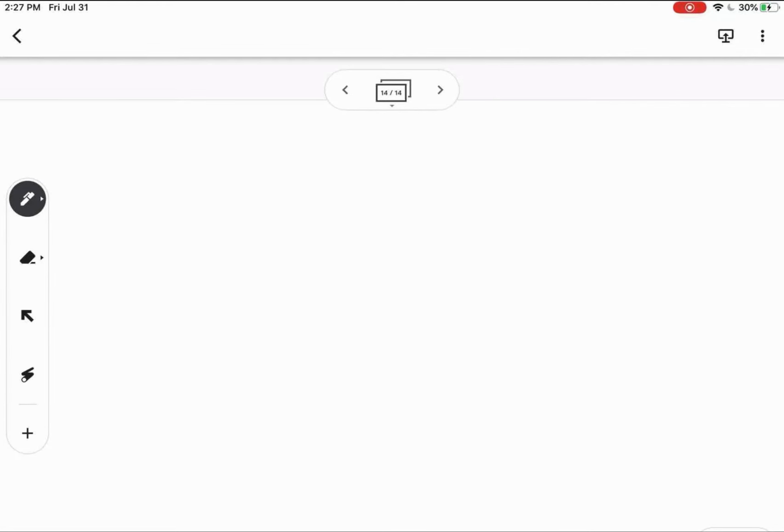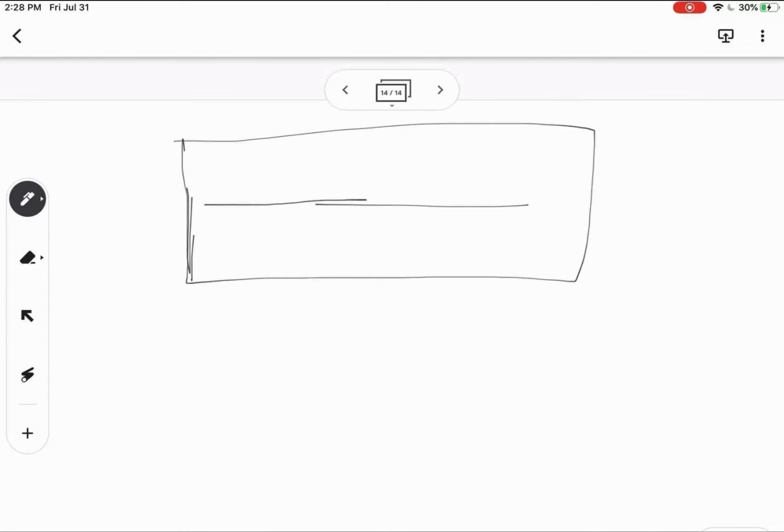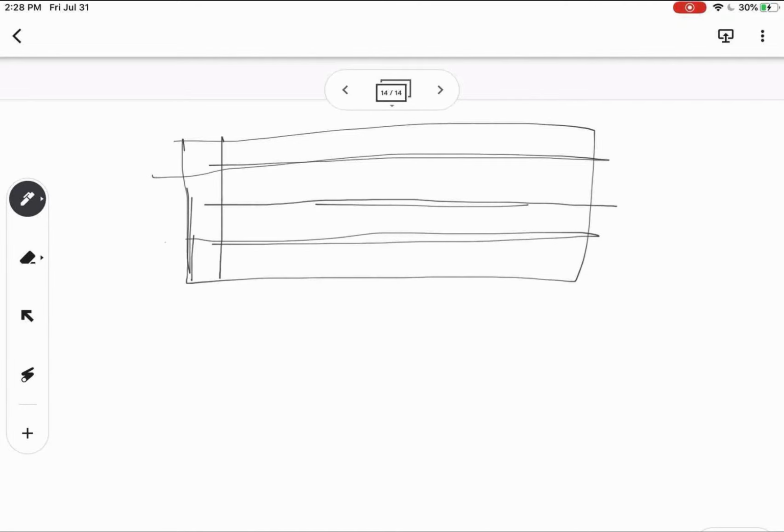Why don't we do this example? So if we have a 4 by 7 square, let me just draw this really quick. I think I made this a little too long. Anyways, if you have a 4 by 7 grid,